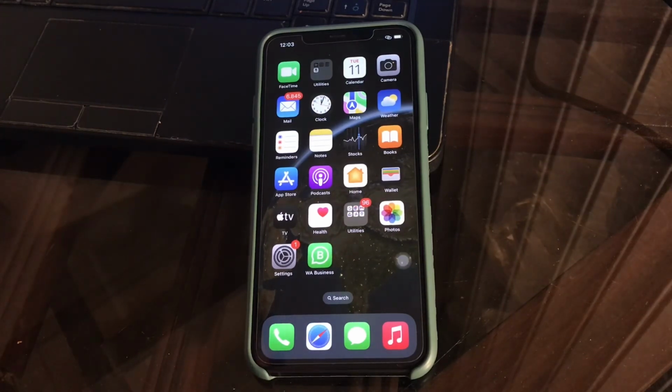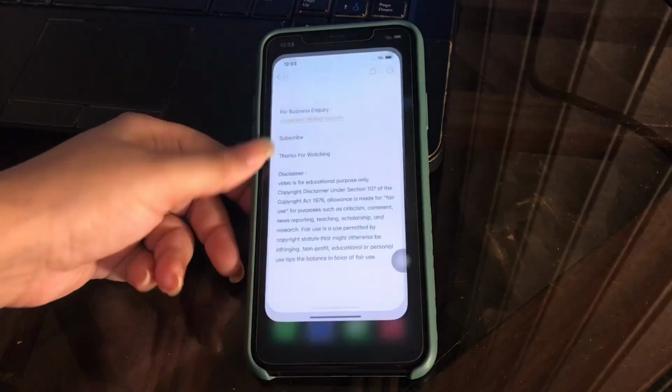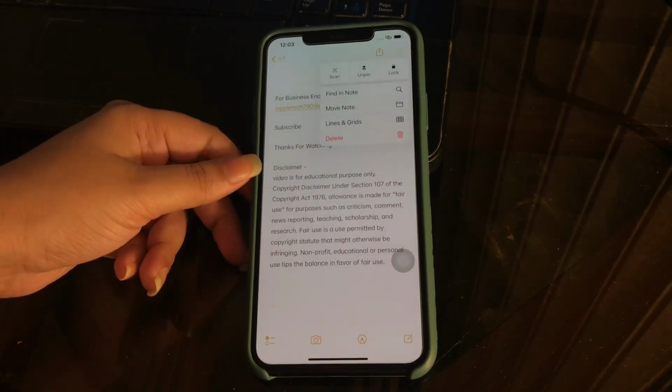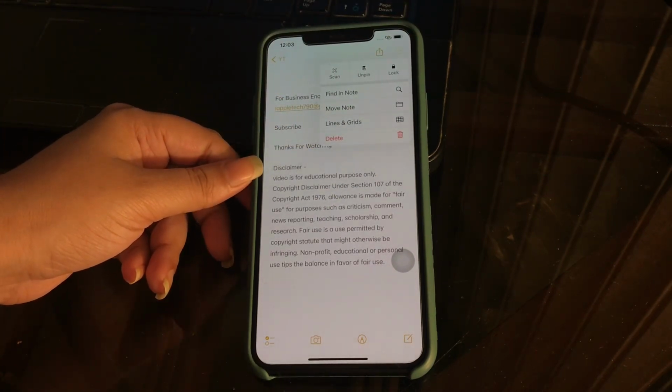And the next tip is to use passcode to lock notes. Privacy is the most important thing for users nowadays, and Apple allows users to lock the notes that they have used for their reference on their iPhones. iPhone users need to unlock it using the phone's passcode. Go to your notes and tap on the three dots, and here you will see the option of lock.